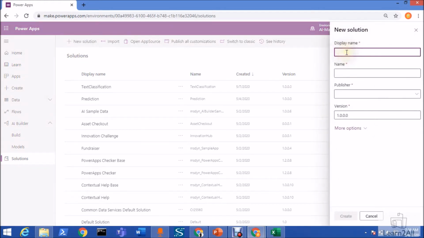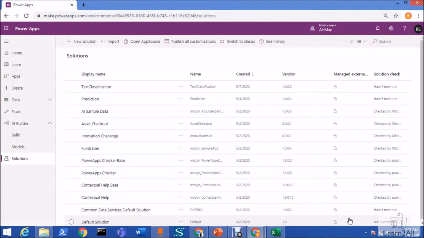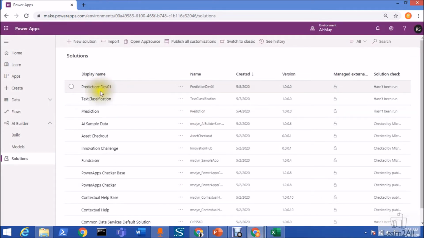Just give any name for your solution. I am giving the name prediction day 01. After that, you need to select the publisher. Select CDS default publisher, and just click on the create button. So this will create one solution over here, that is prediction day 01.